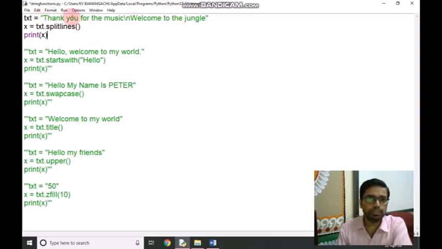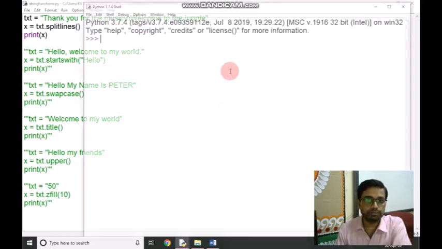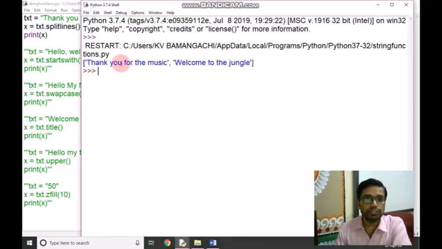It will split because there are 2 lines, "thank you for the music" and "welcome to the jungle", and the slash n is a new line. So the splitlines function will split it into 2 lines, and it is a list, and these 2 lines are in the form of elements in the list.